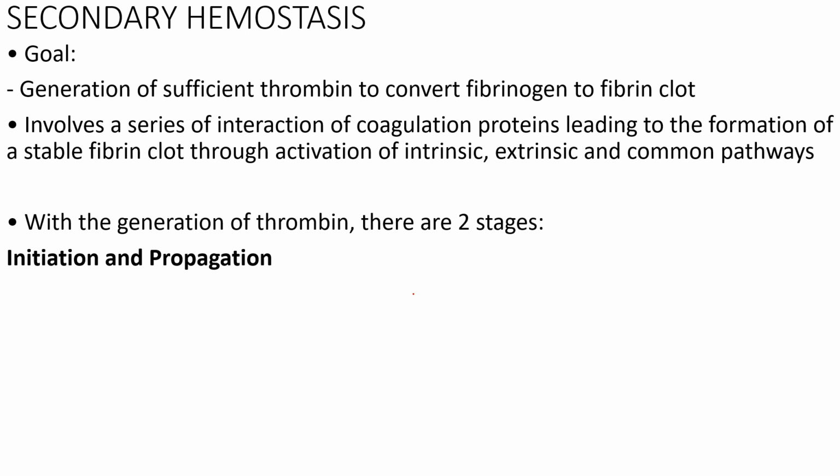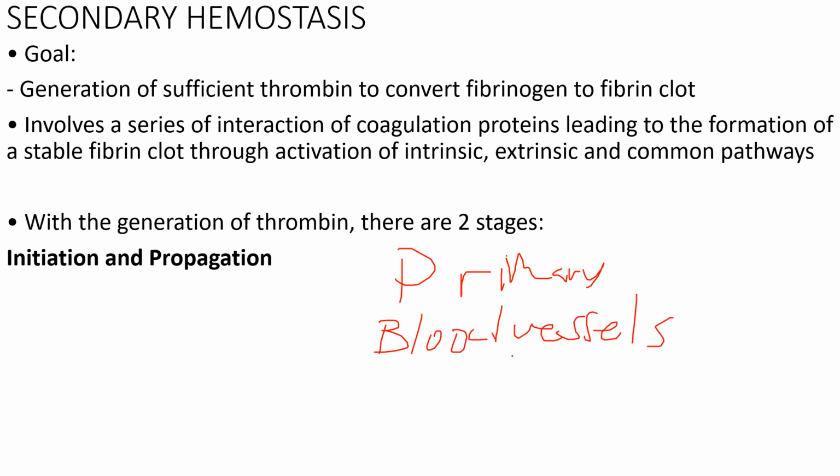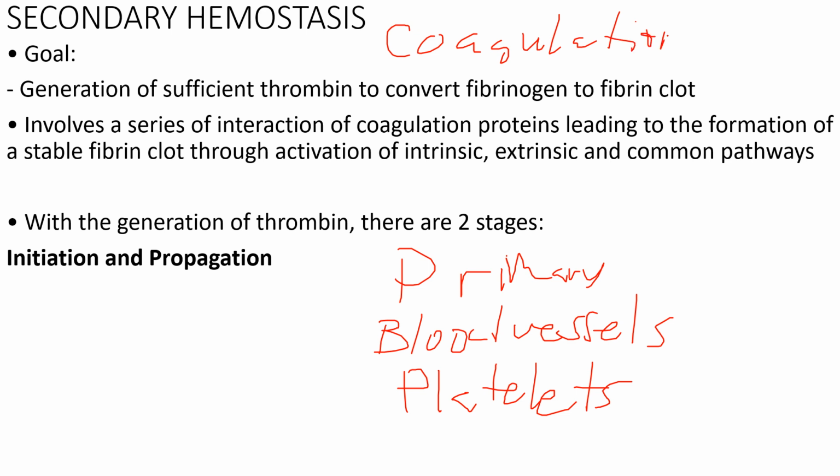Now, if you try to compare this with primary hemostasis, the primary hemostasis, if you still remember, would include the blood vessels, or the vascular intima, and the platelets. But for the secondary hemostasis, it basically involves, if you're familiar with the so-called coagulation factors. And the main goal of this hemostasis is to produce enough thrombin to convert fibrinogen to